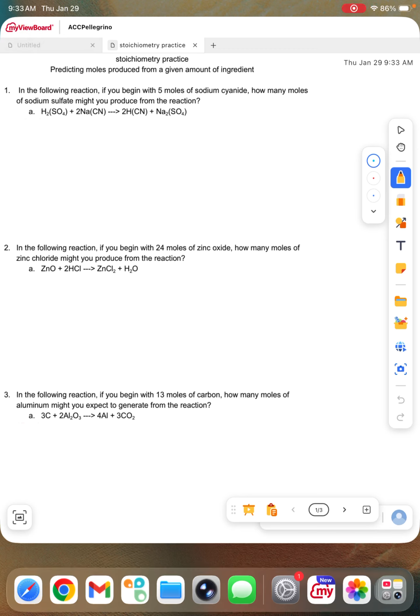Okay. I want to run through the first of each of these problems with you just to help you see how to do them. On this first page, we're just predicting moles. And so we're just figuring out how many moles there are of each thing. So you can figure that out by looking at the equations, the numbers in front of the